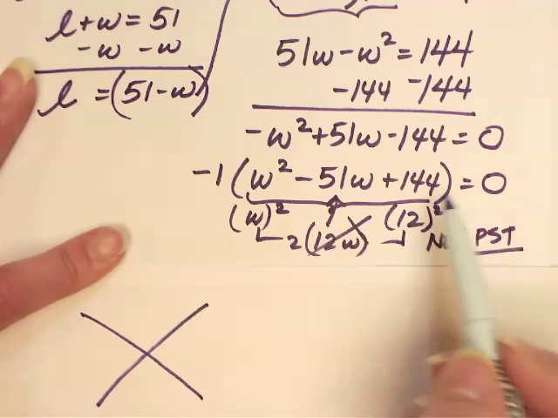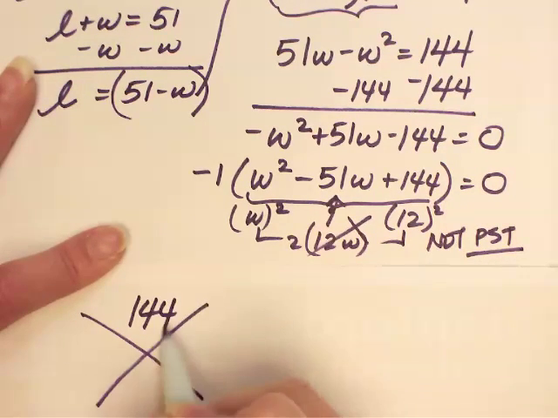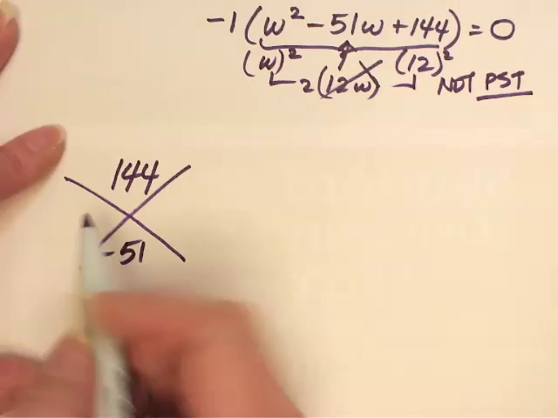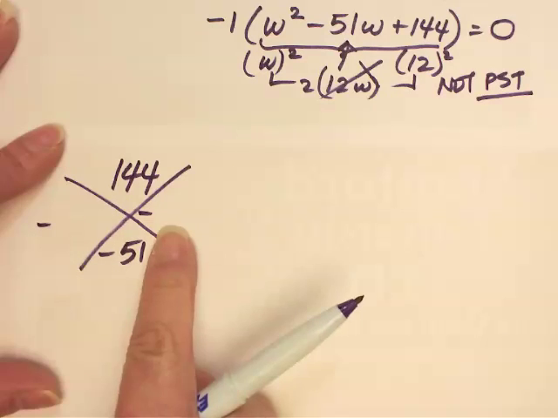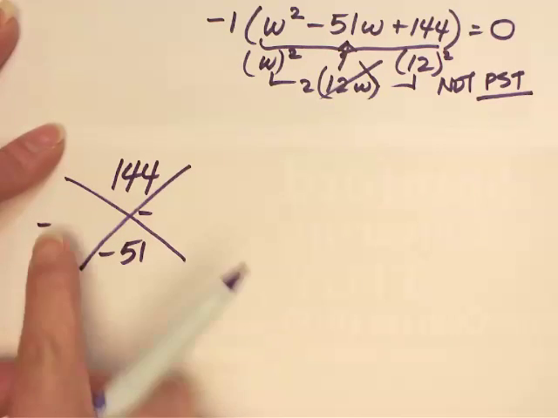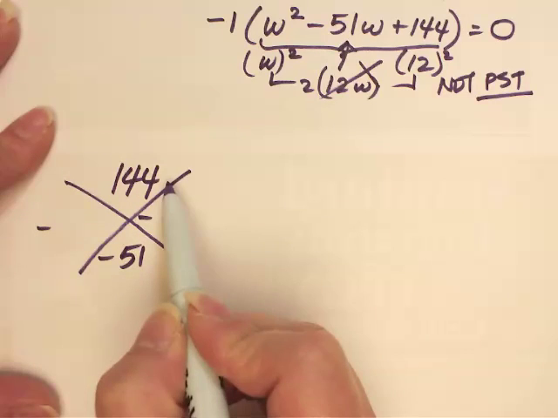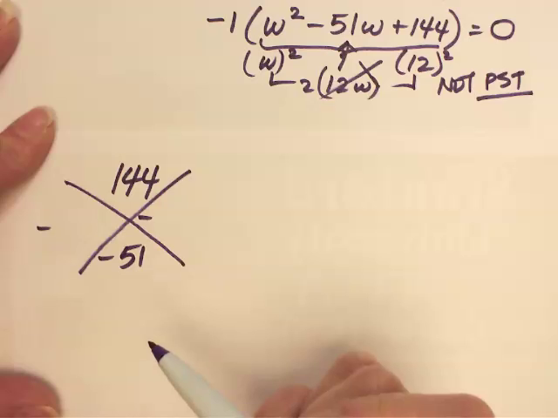So I have a product of 144, and my sum is negative 51. Since my sum is negative, I most likely will have two negatives, because two negatives multiplied together will give me that positive, and added together will give me a negative. So 144, and I don't know any off the top of my head right now,